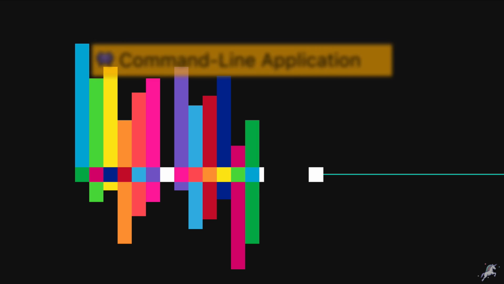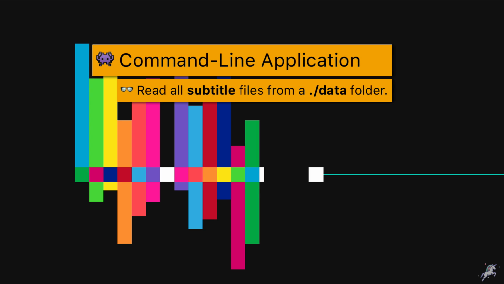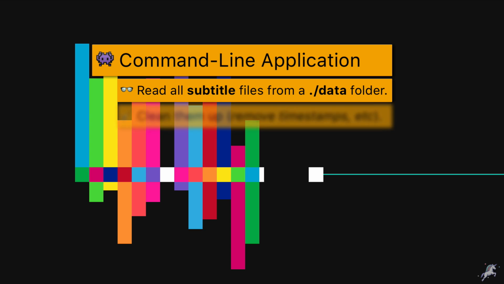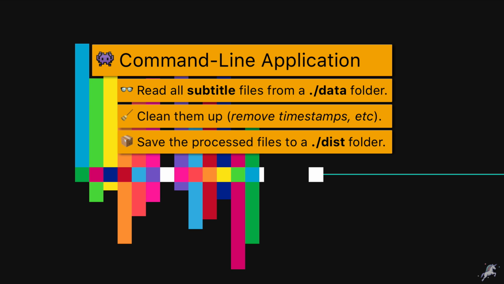In this use case, we'll create a command line application. What we want to do is to read a bunch of subtitle files and then clean up those files. And by clean up, I mean removing the redundant parts of those files, such as timestamps and section numbers and certain meta tags. And after cleaning up the files, we'll save them to a separate distribution folder or a dist